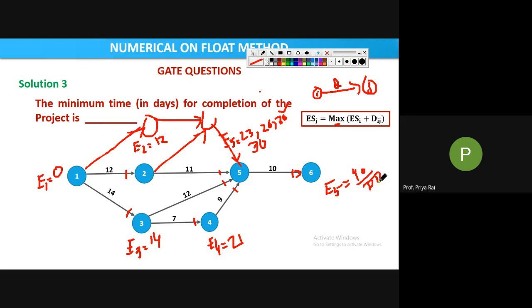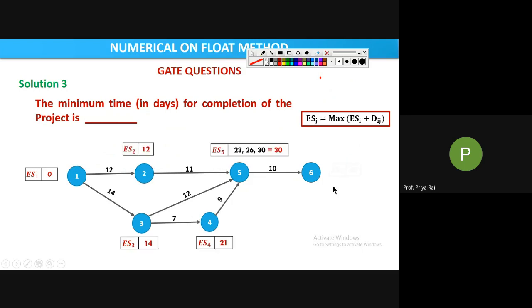Okay, so this is the project duration. Clear? See, 40. Can you please tell me why this value is the project duration? Why is the E value at this last event considered as the project duration? Anyone? What is the basic concept? Why are we considering this 40 as the project duration? Tell me what the E value is. What did E mean?